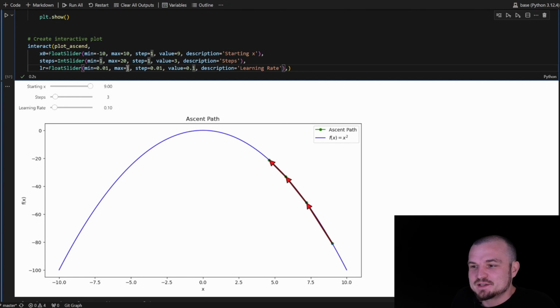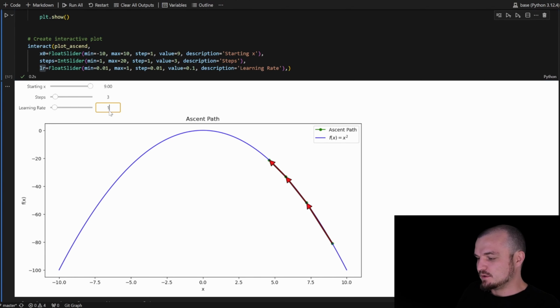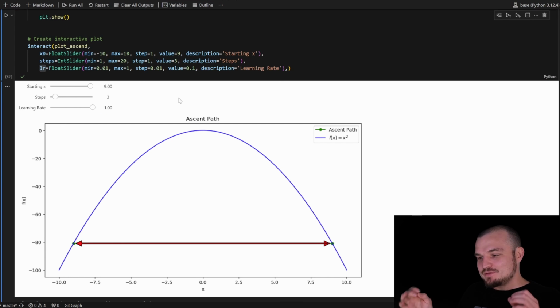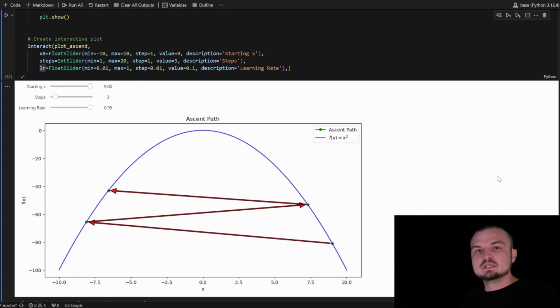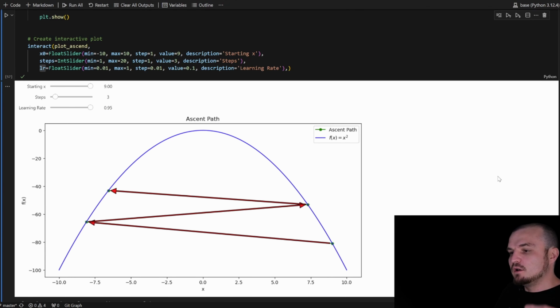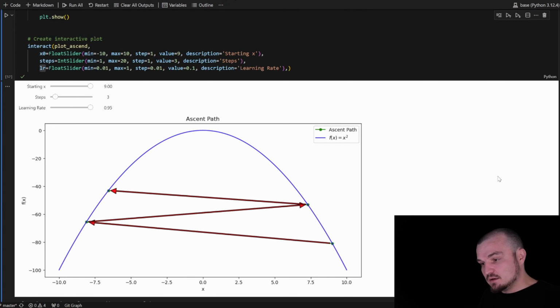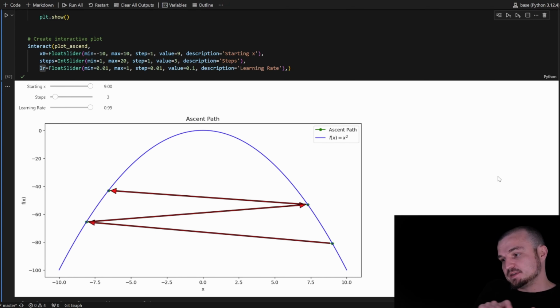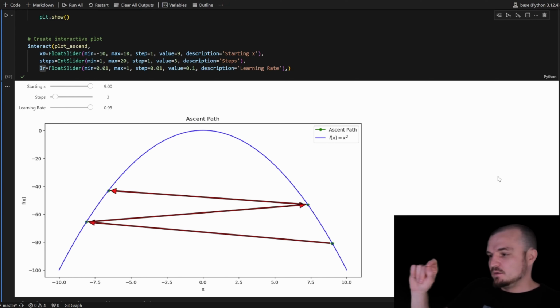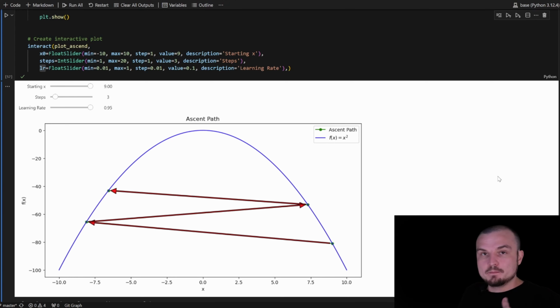We are starting to bounce around. Let's change the max for this learning rate to 1, and let's use the learning rate equals 1. And this picture matches exactly our first version of the algorithm. But if we reduce the learning rate, you can see that if the learning rate is less than 1, our algorithm and our ascent path just start to go towards the maximum point.